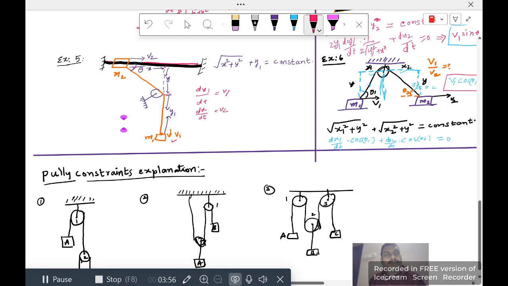So now the length from this support to this pulley does not change whatever the time. So therefore, the length of this string is equal to root of x square plus y square plus y1 equal to constant. So we are differentiating this with respect to time. dx by dt into x by root over x square plus y square will come. Many of the problems we solve like this only. So directly I am writing dy1 by dt is equal to 0. Differentiating root x square plus y square, the 2 gets cancelled. So here x, theta I have taken here, x is the adjacent side for theta, therefore cos theta. Therefore dx by dt is v2. v2 cos theta is equal to v1. So similarly v2 along this direction, v2 cos theta will come along the v1 direction. So v2 cos theta is equal to v1. So velocity along this string